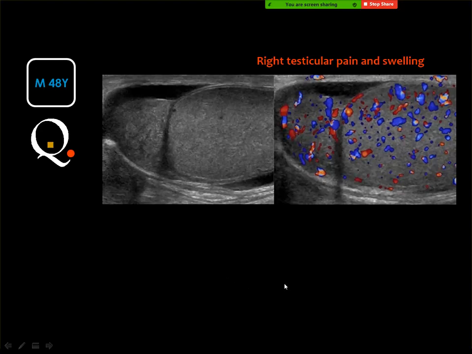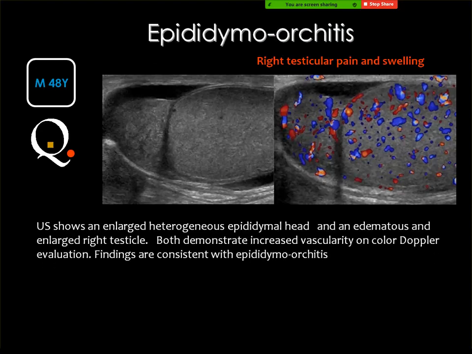Epididymo-orchitis, because the epididymis is affected and the testis is also affected. You should have the color Doppler study of the testis to be able to diagnose this disease. Otherwise, you should have a positive clinical history of inflammation like testicular pain, edema and swelling. This is inflammation of the epididymis and the testicle, which is epididymo-orchitis, more common than epididymitis or orchitis as a single entity.